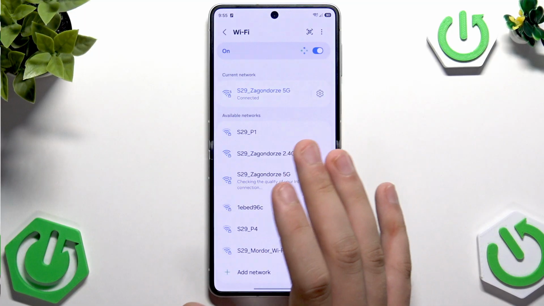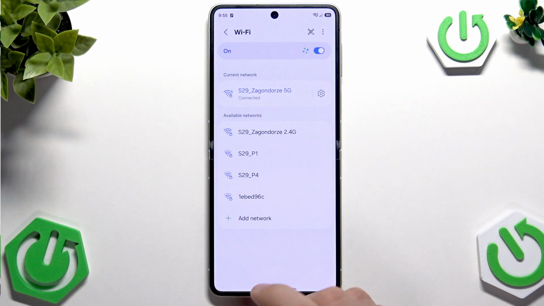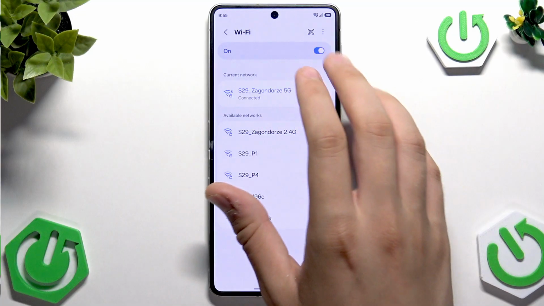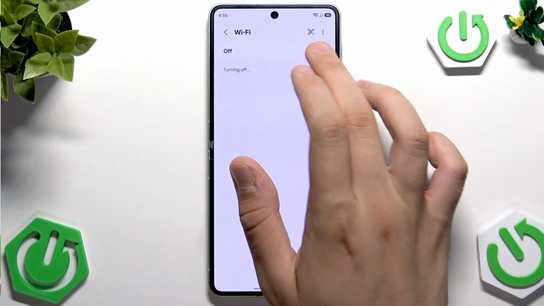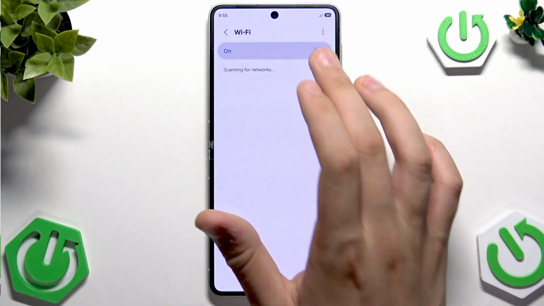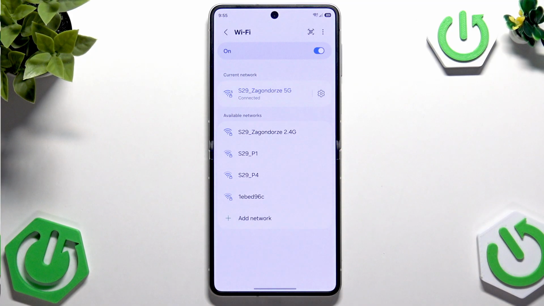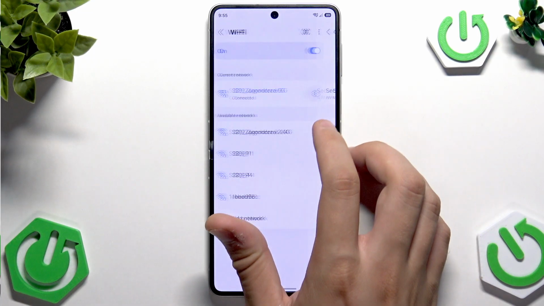If it still doesn't work, you need to do one simple thing. Forget it again, turn the Wi-Fi off for 10 seconds and then turn it back on and try pairing with the network back again. If it doesn't work still, unpair from the network